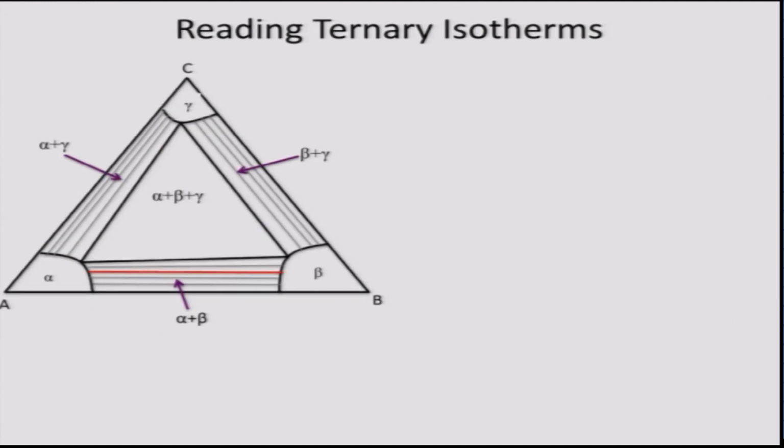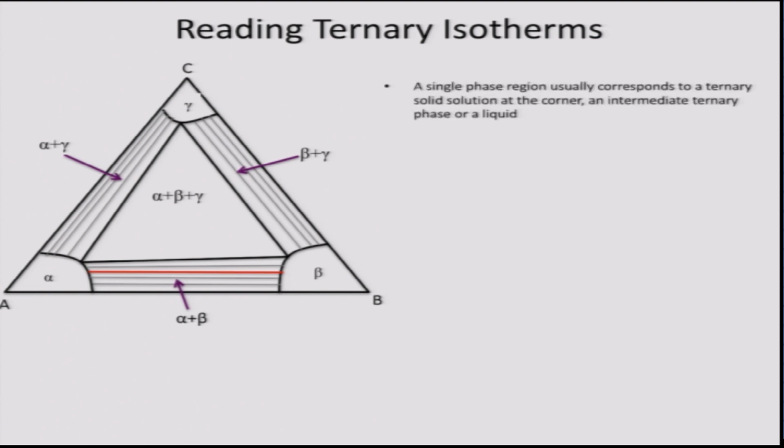Now, when there are more phases present, a ternary isotherm may become a little more complicated. One example I have shown here. In this case, all the binaries have terminal solid solubility. So, again I have shown the ternary system A, B, C. If you consider the A rich corner, both